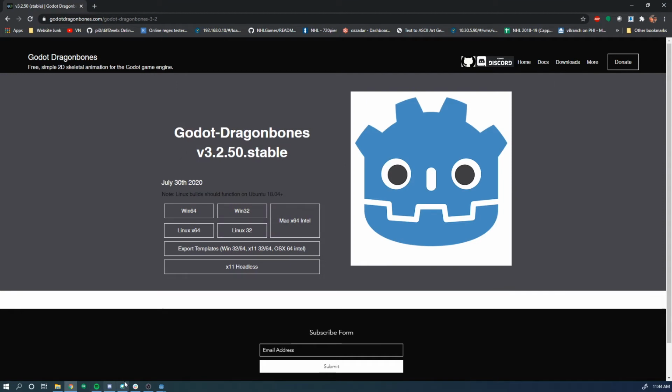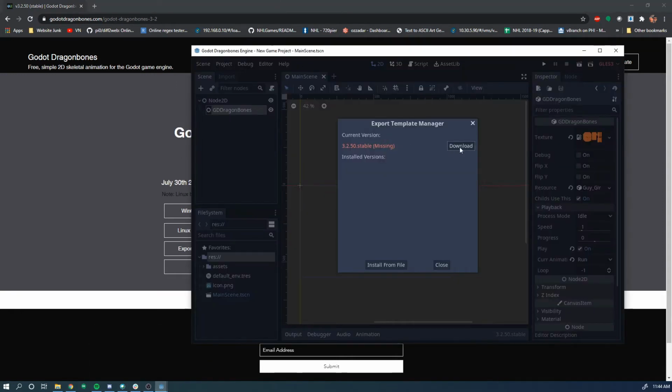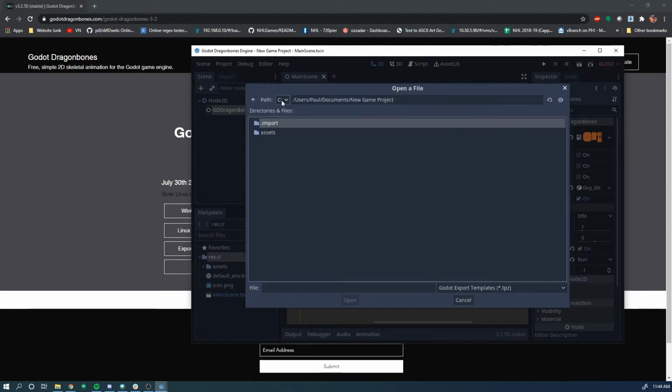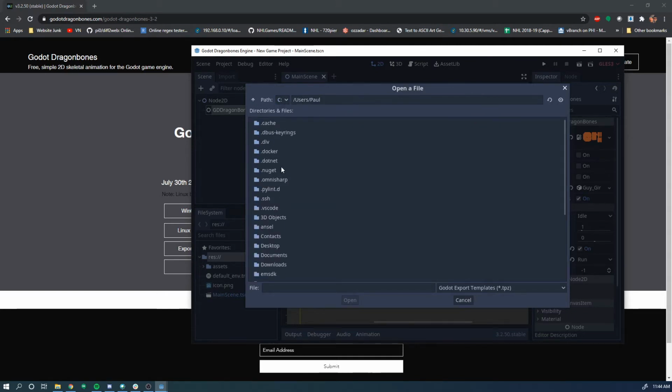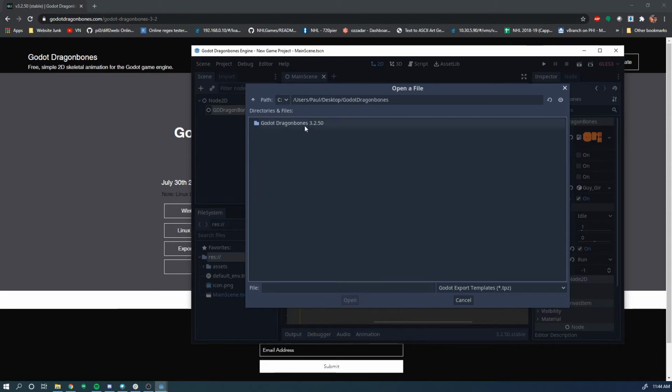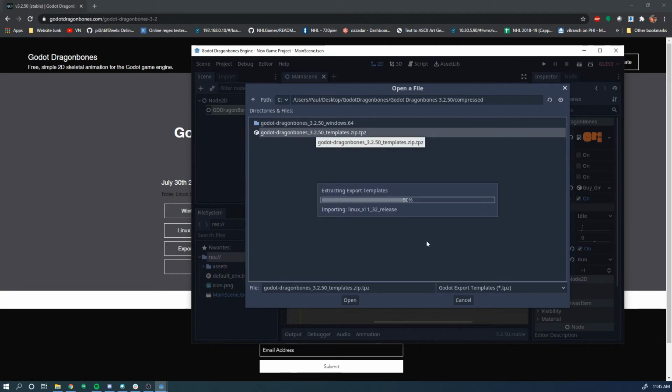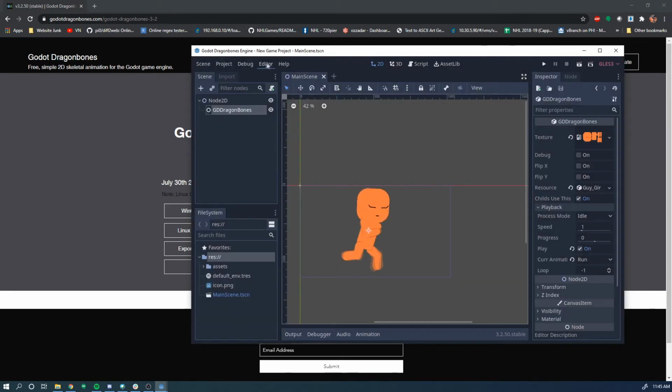Yeah, so that's it. Then go back to Godot, hit download. Not download. Download's not going to work. Install from file, and then go into the spot where your file is. Desktop, Godot Dragonbones 325. Here, you'll see that it now has the TPC file here. You can do that here, or you can do it here. This is the folder I was in, so we'll do it here. It'll import everything, and then it'll work just like a normal